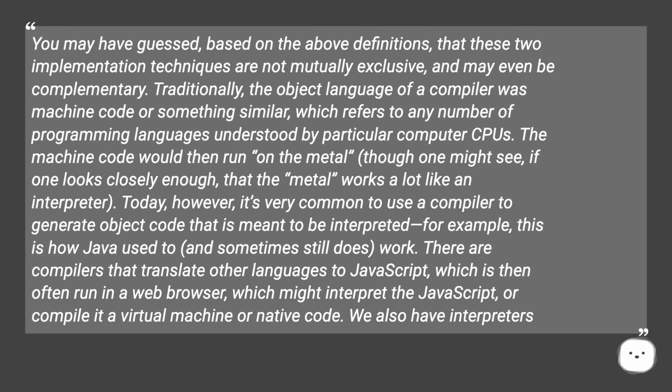Today, however, it's very common to use a compiler to generate object code that is meant to be interpreted. For example, this is how Java used to, and sometimes still does, work. There are compilers that translate other languages to JavaScript, which is then often run in a web browser, which might interpret the JavaScript, or compile it to a virtual machine or native code. We also have interpreters